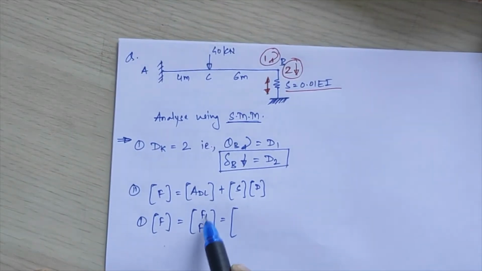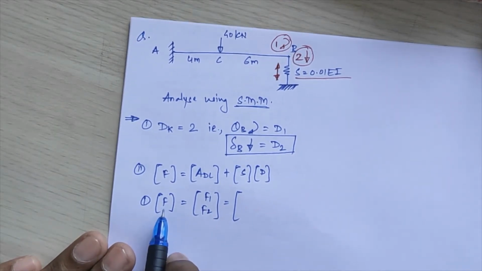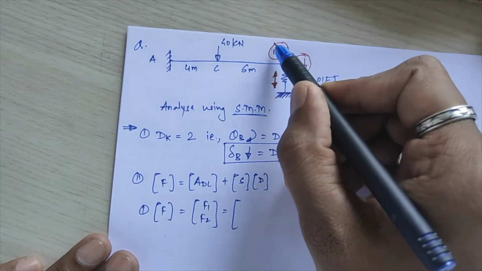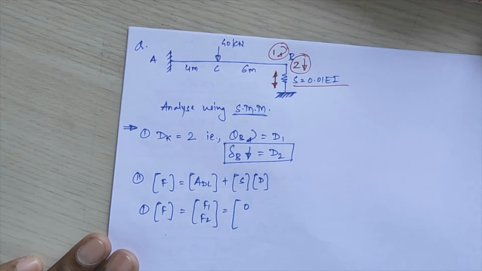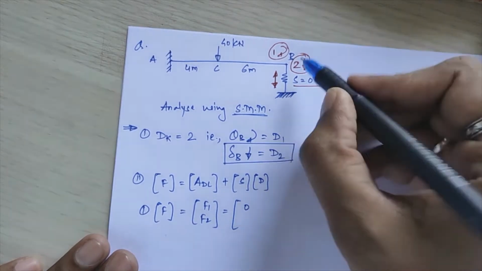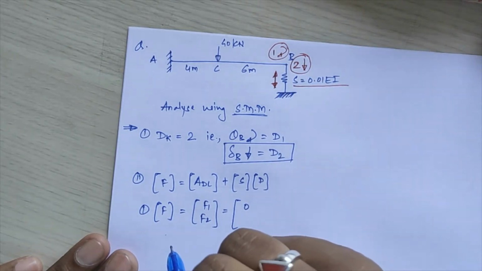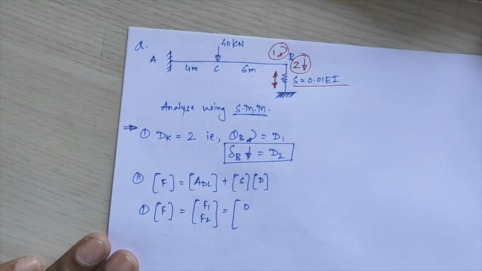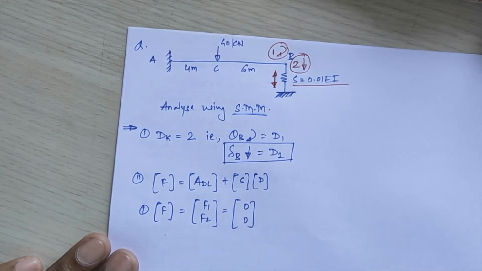Now for F1 and F2 values, F is the corresponding forces or moments provided along the selected redundant points. If you select the first as your redundant point, is there any moment provided at point B? No, it is not provided, so the F1 value will become 0. Same way for F2, you have to see whether any force is provided, because here deflection is your second redundant. Is there any force corresponding to this point B, or second coordinate, given to you? No, so the F2 value will also be 0.